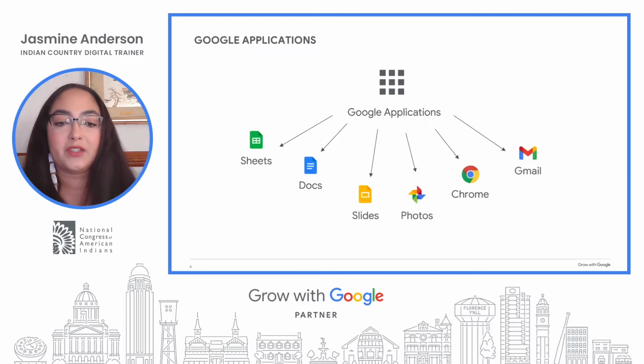Let's talk about what you can do with your Google account. The graphic on the slide shows a web of Google applications, including Sheets, Docs, Slides, Photos, Chrome, and Gmail. Signing into your Google account allows you to access all the products you'll learn about today. You only have to sign in once to be able to access Google Sheets, Docs, Slides, Photos, Forms, Gmail, and